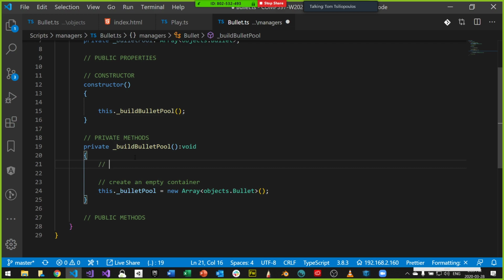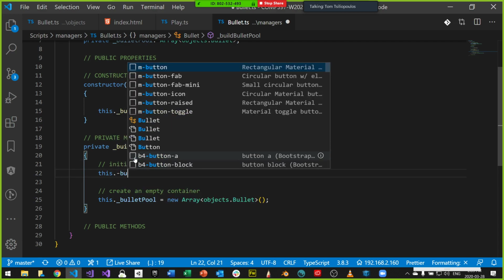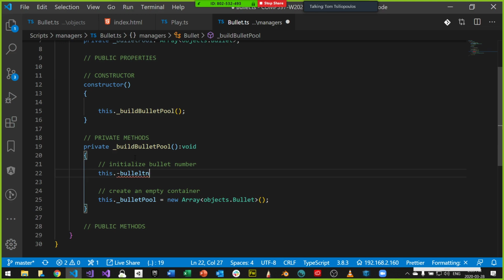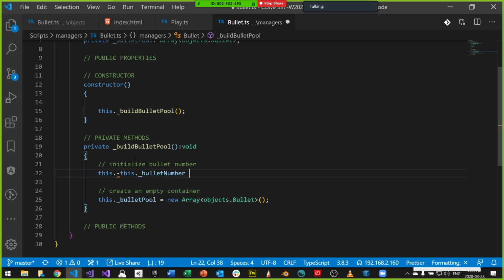So we'll say initialize bullet number. The bullet number will be this._bulletNumber is equal to 50. So we're saying it's 50 bullets starting off.